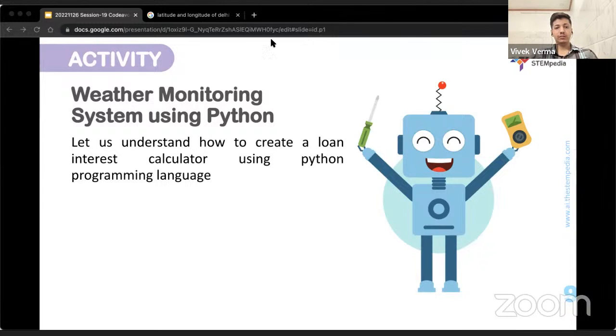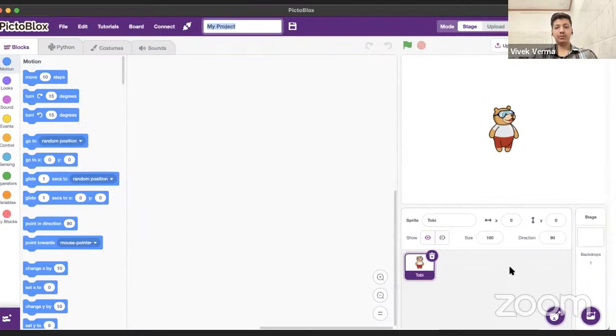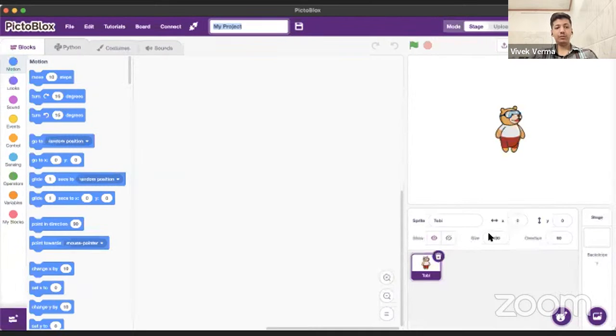Okay, so now I'm moving towards the activity. I'm opening Pictoblox, sharing the screen. Kindly give me a second. Okay, so it is there on my screen. I hope you are able to see Pictoblox. Okay, so what we have to do now is